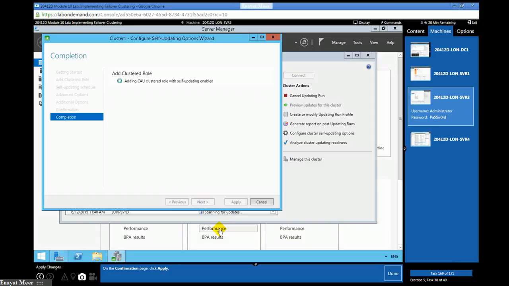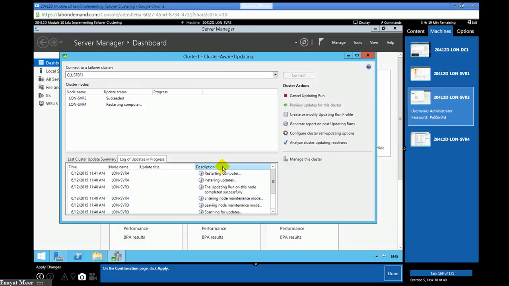Now it says adding CAU clustered role with self-updating enabled. Succeeded. It is a success. Add clustered role success. You can click on close now. SVR4 is being restarted.